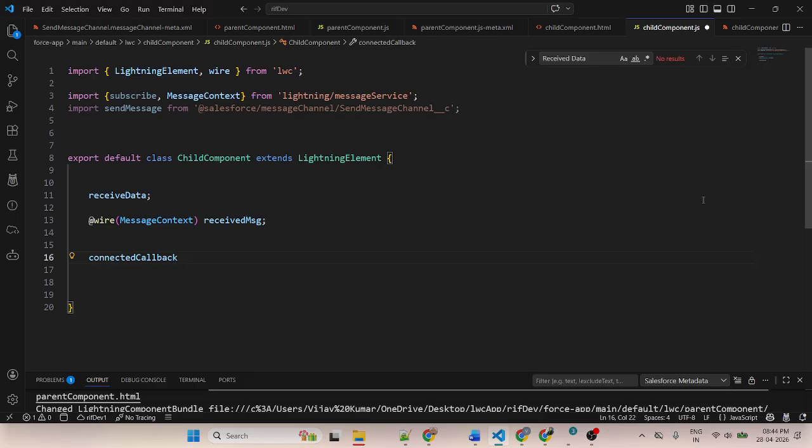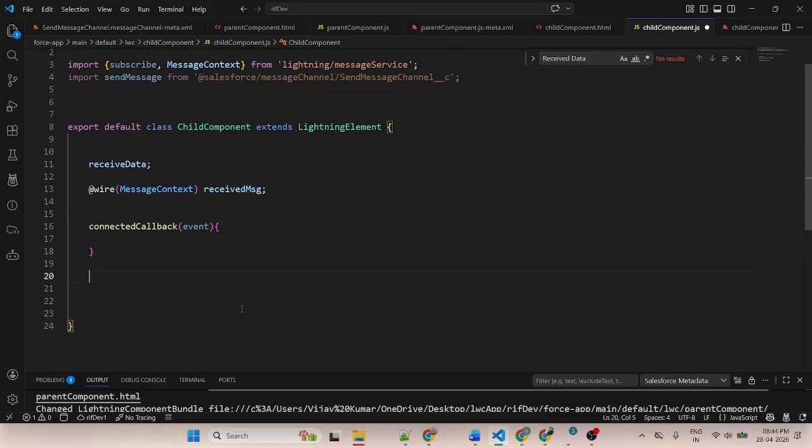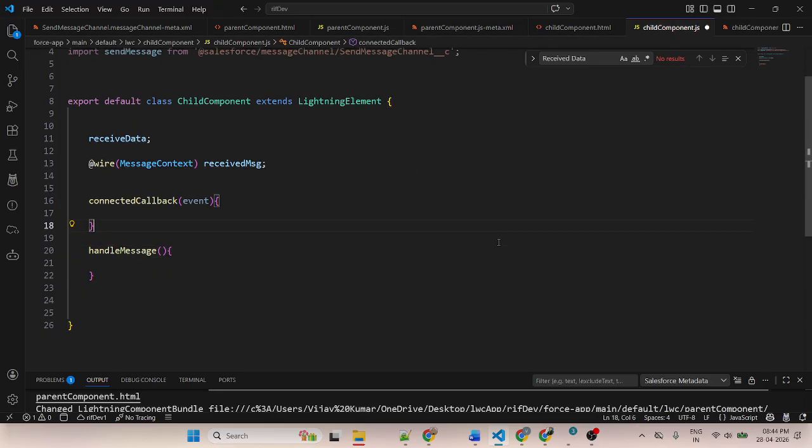So when any data is passed from the parent component, the child component will automatically display it. Inside the connected callback, I will call a function. Let's create another function, handleMessage.